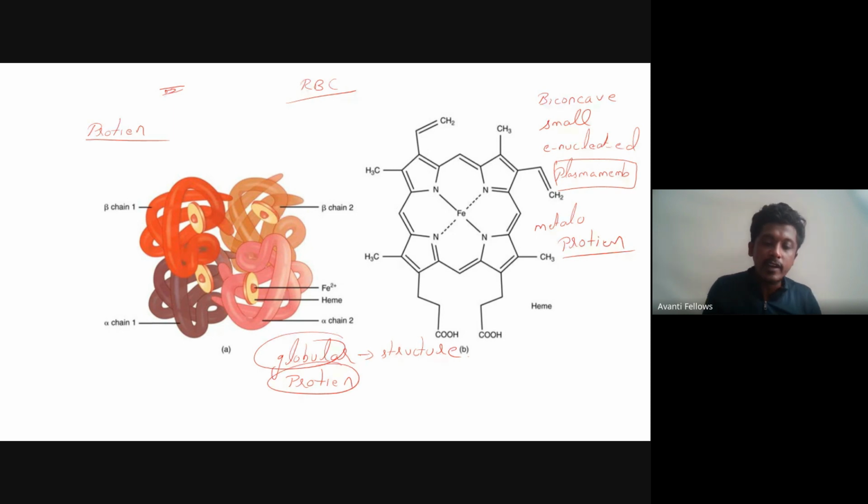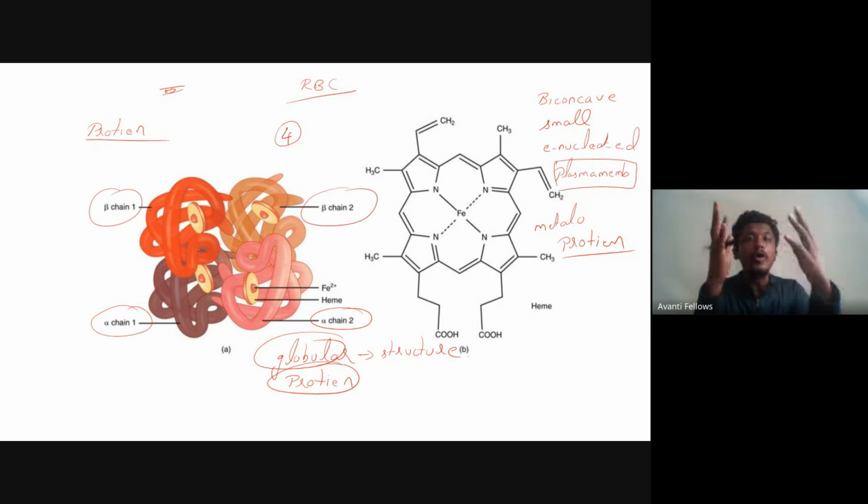So if you see the nature of polypeptide chain, we have four polypeptide chains in a hemoglobin. What do we have? We have identical chains, that means they look alike. Alpha chain, and non-identical, beta chain. So these four polypeptide chains come together and form a specific structure, which we call a globular